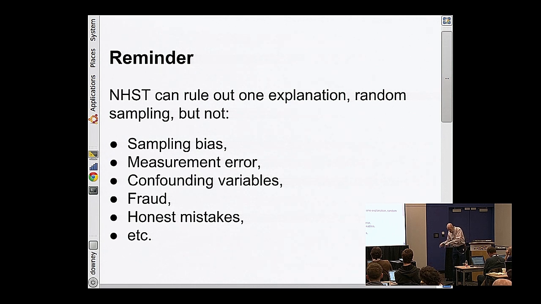What you see in the sample might be due to sampling bias. It might be because of measurement error. Although in that case, you would have to make an argument for why the measurement error is higher for first babies than others. Now, maybe it's true. You say the length of pregnancy is often based on conjectures of various kinds, and more experienced mothers might get it more accurate than less. I don't know, it's conceivable. Confounding variables like age that I was just talking about.